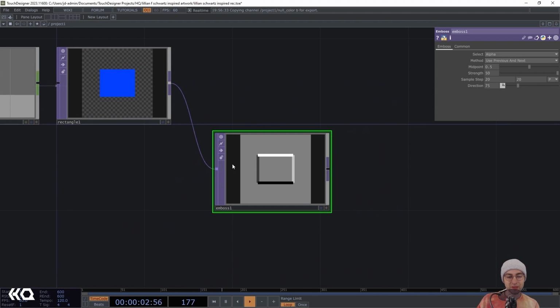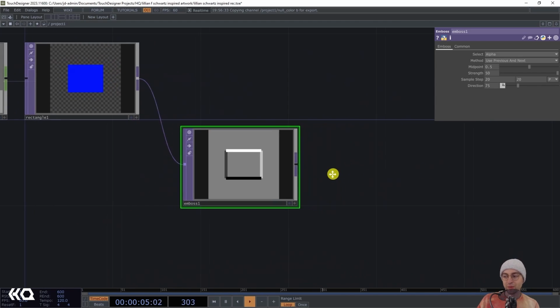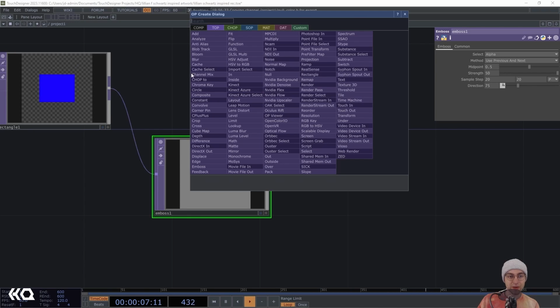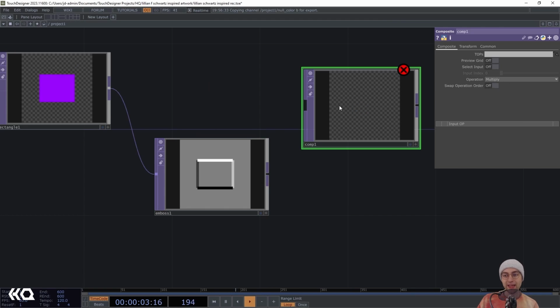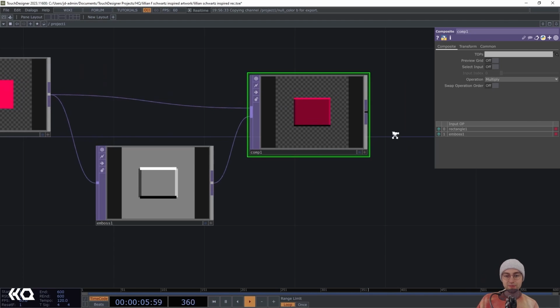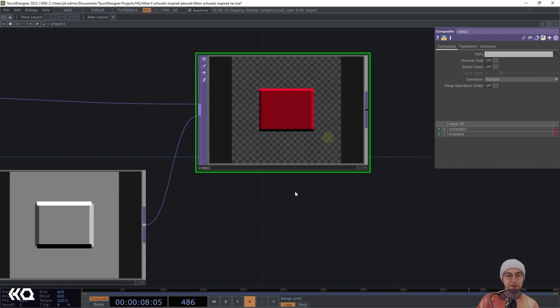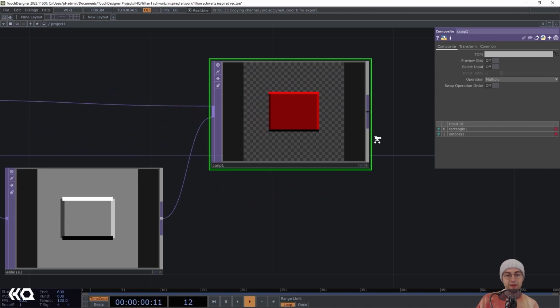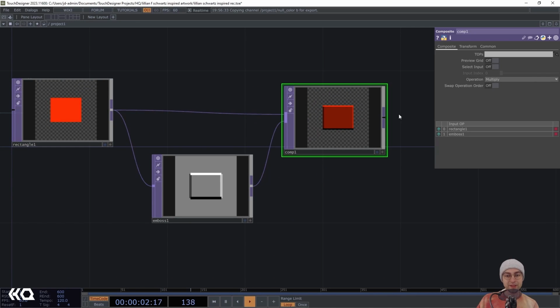So, it doesn't really look so much like a bevel at the moment, but we can use compositing and a little bit of blur to make that change. So I'm going to add my composite top into the mix, and I'm going to connect the rectangle and the emboss to that. You'll see with the default multiply mode, we have something that maybe is looking like it's got